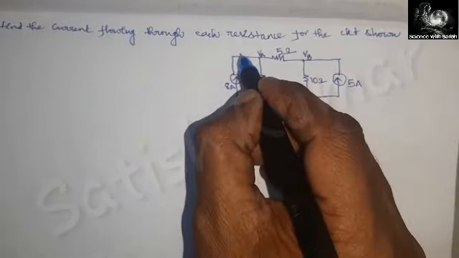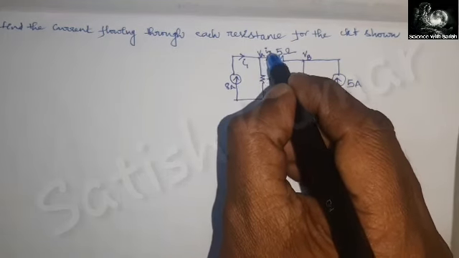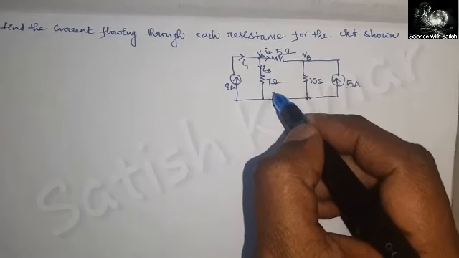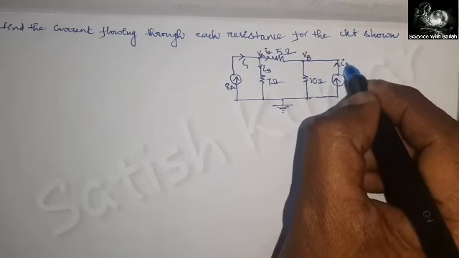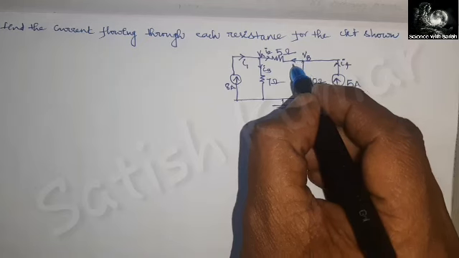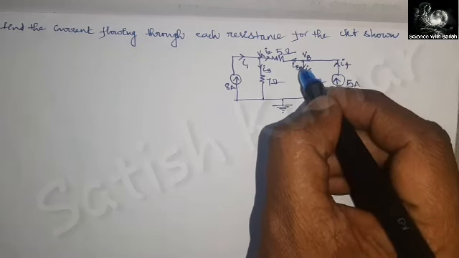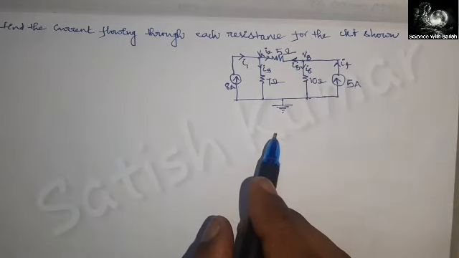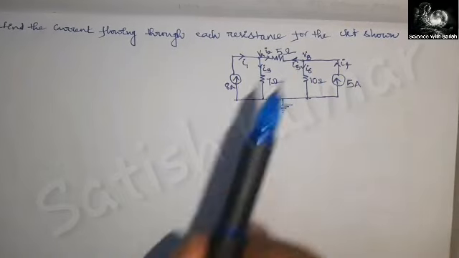Now the current from here is I1. This I1 becomes I2 and I3. I2 is the current flowing through 5 ohm and I3 is the current flowing through 7 ohm, and from here you can write I4 is the current from this one, and this is I5 and this will be I6. You need not write I5, you can keep it as I2 also. Don't worry, you can keep anything. Nothing will happen if you take it as I5 or I2.